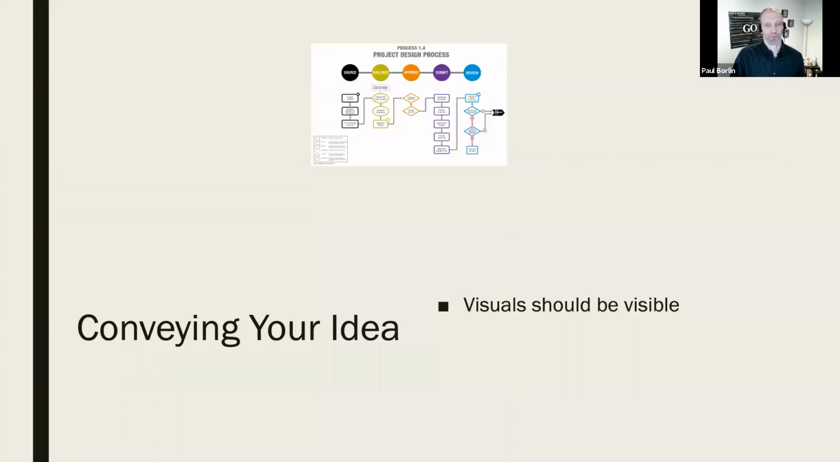Your visuals should be visible. I don't know how many times I've been in an auditorium, the screen's not big enough, and you've got a little flowchart like this, and they're talking to it, and you think, oh, well, I can't see it. If the audience can't see what you're talking about, they're not going to hear a word you're saying. They're going to say, I can't see it. I can't see it. So make sure your